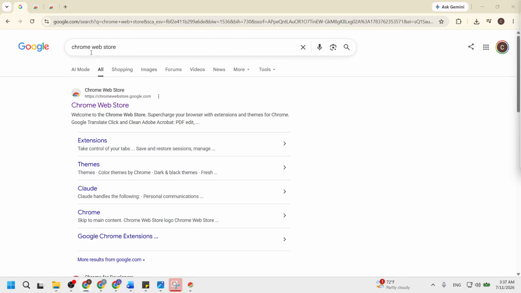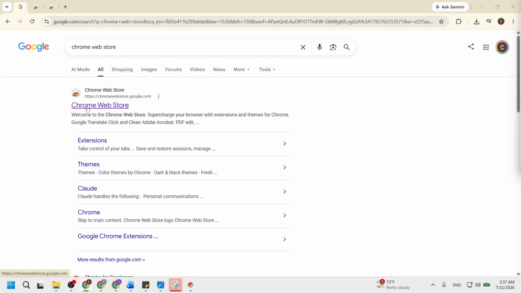Next, once you are in the Chrome Web Store, look for the correct link to the store's homepage. It should be highlighted in your search results. Clicking this link will take you directly to the main page of the Chrome Web Store. The main page displays popular extensions, top charts, and categories. This helps you understand the variety of tools available to enhance your browser. You will feel a sense of direction as you prepare to find Loom.